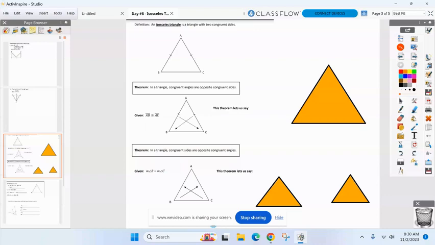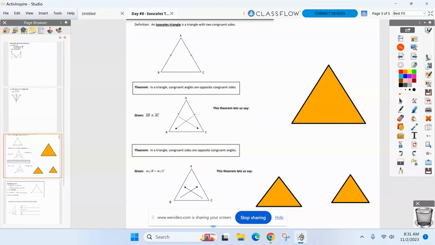Take a day break from the proofs, and we're going to go back to a triangle we talked about on day one, which is the isosceles triangle. What do you remember about it? If a triangle is isosceles, what do you remember? It has two equal sides. Well, there's a lot more to it now, and that's what we're going to talk about today, more than just